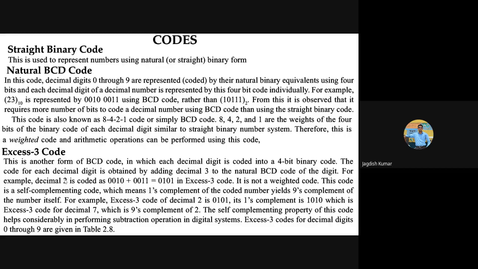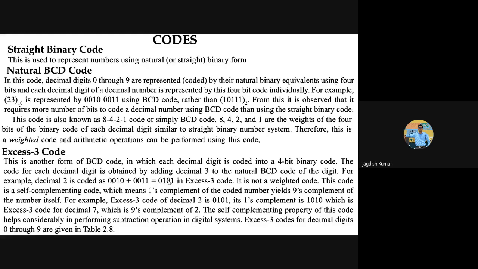What will be the BCD code for this? 0010, correct? 2 will have BCD code 0010. Now what we do is, we add decimal 3 to this, I mean 0011 to this code, correct? So this is going to give you 0101 in XS3 code. So in XS3 code, 2 would mean what?